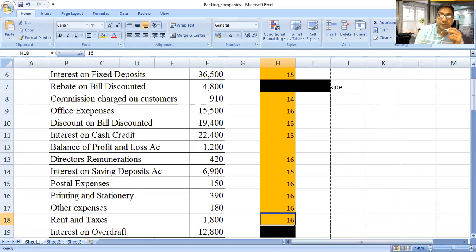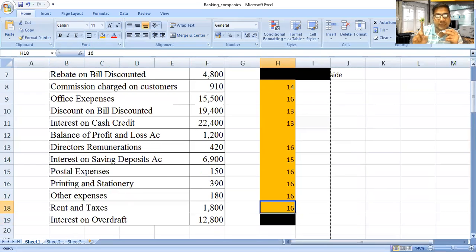Interest on overdraft. Now the overdraft facility is provided by the bank,